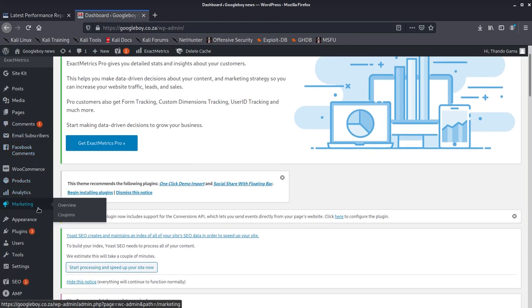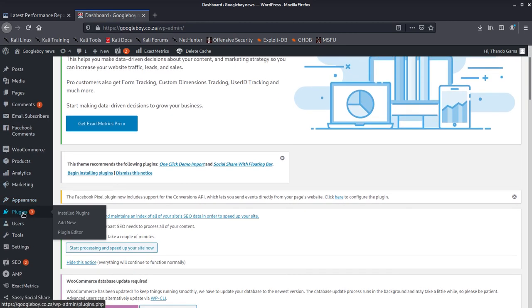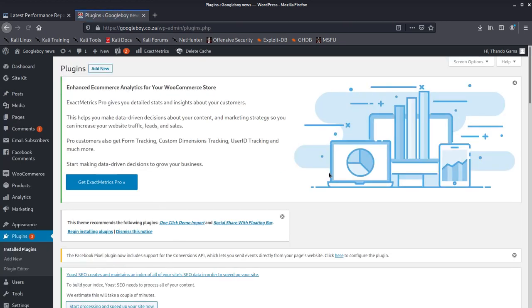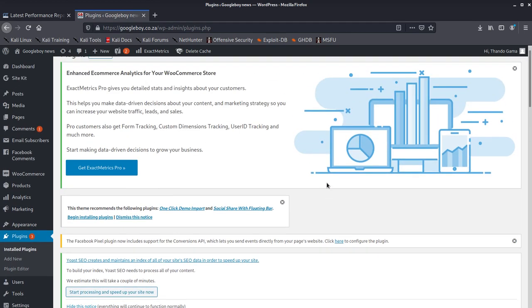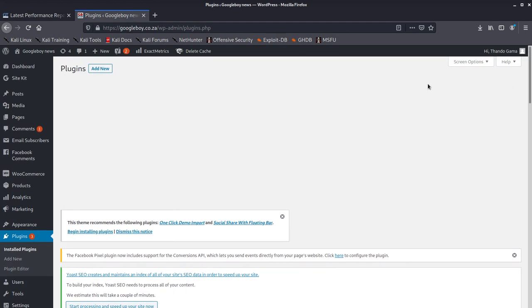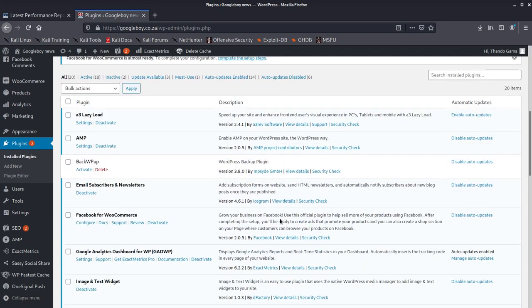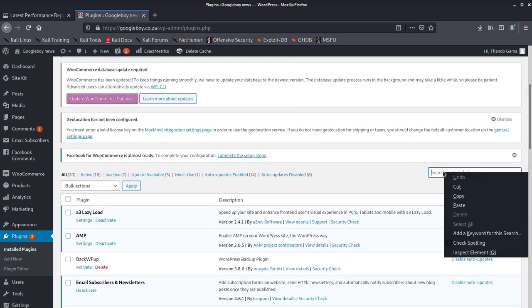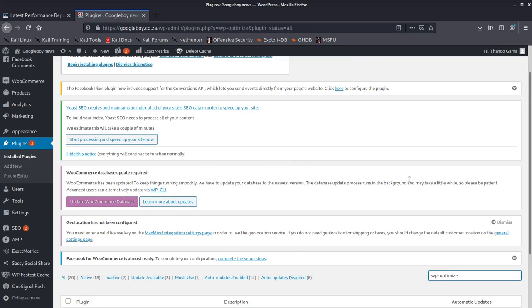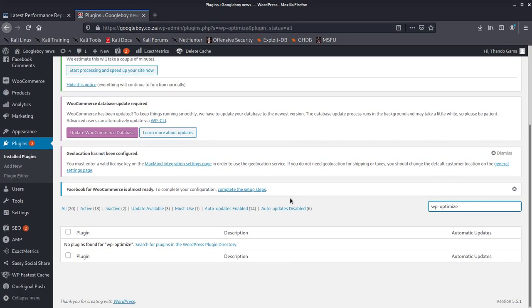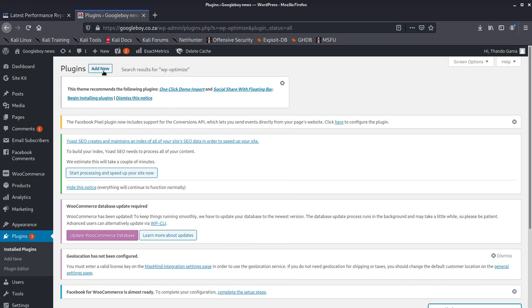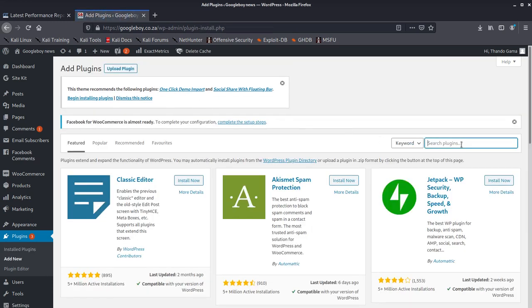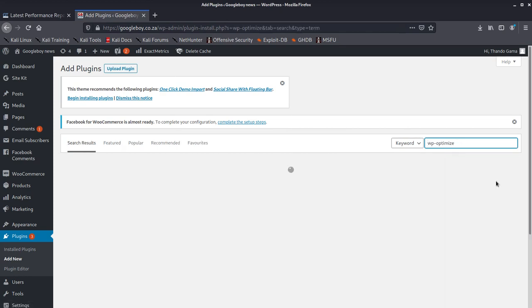So once you're here, you can try to go to plugins, and let's look for, okay, once we're in plugins, we're gonna look for what they call, okay, we put in lazy load, look for optimize, WP Optimize. We don't have it here, so we say add new plugin, then we look for that plugin, WP Optimize,